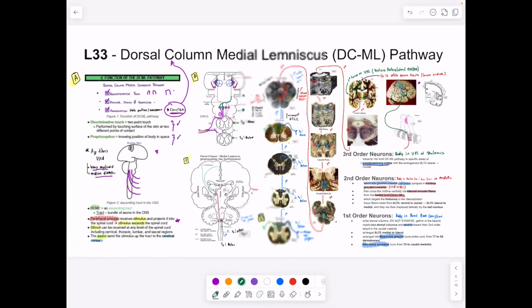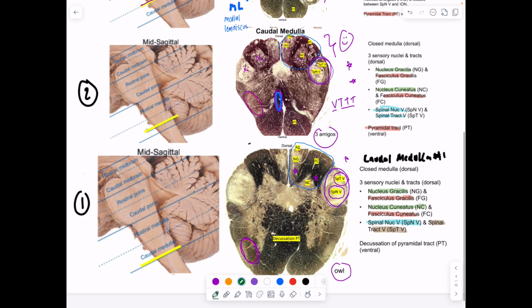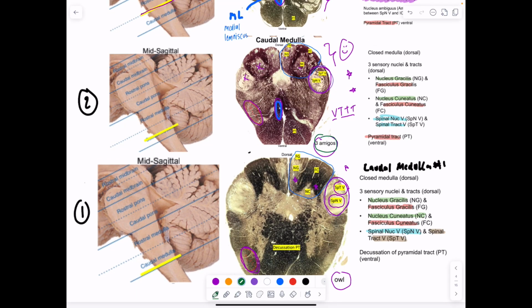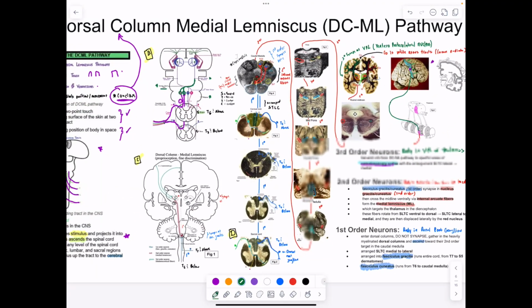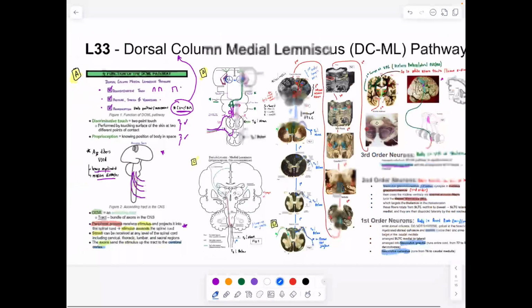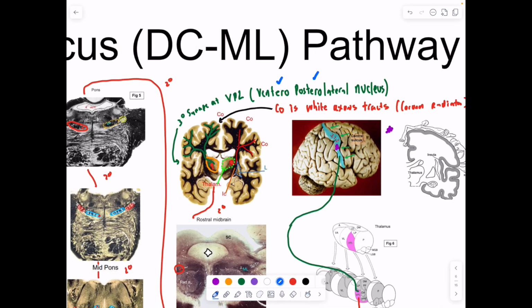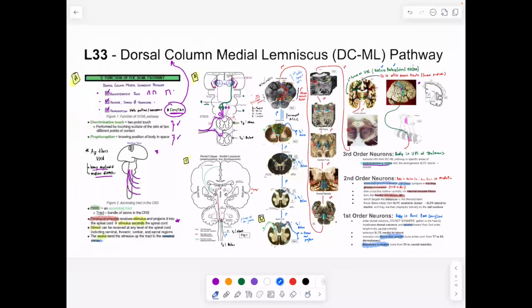All right, so we go back to our slides here, medulla, and you think medulla is the three amigos, so this is occurring in the three amigos. Okay, so we have our second order axon coming up, and now it's going to synapse in the thalamus, and then from the thalamus, it's going to the third axon, and this is in the VPL part of the thalamus, and that stands for